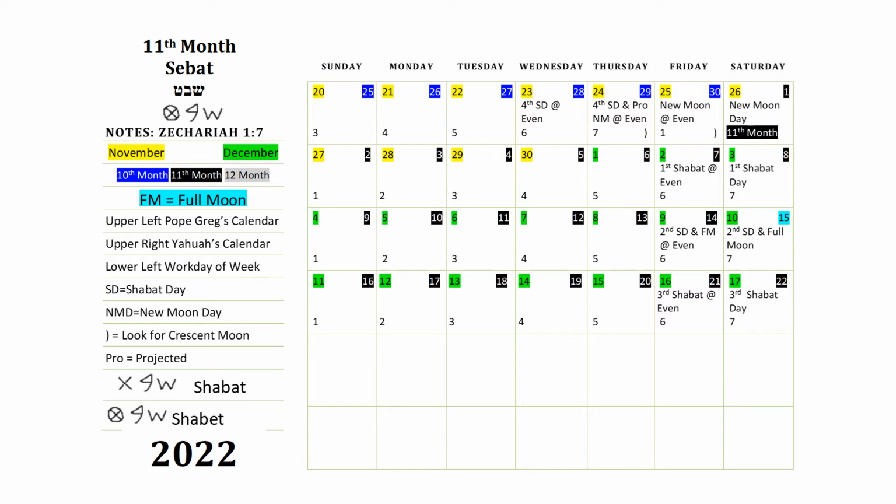If you notice, you count, it's still on track after your full moon. Let me get my pointer going. After your full moon, then you start back over counting your work days. 1, 2, 3, 4, 5. You have to work 6 days. The seventh day is your rest, all on Saturday. Stay always in the same column.